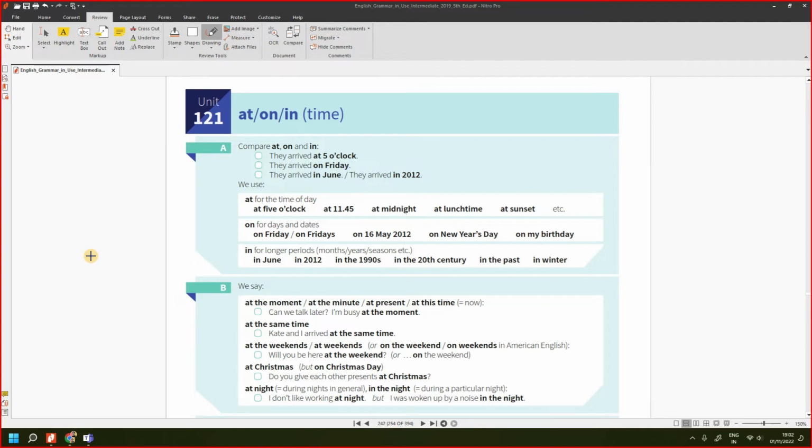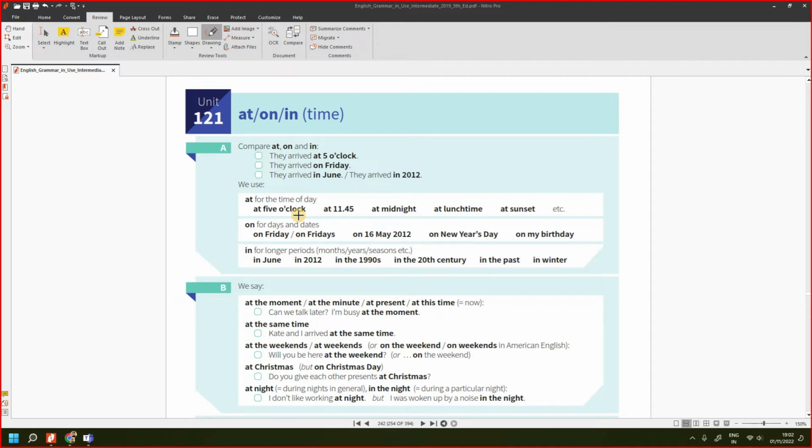So where all we can use at, they have given it clearly. We use it for the time of the day. If you want to talk about a particular time of the day, then you have to use only at. You cannot say in or on. You're not supposed to use in or on. So at 5 o'clock, that means a specific time. I will be meeting you at say 10 o'clock. So whenever I'm trying to refer to a particular time, you have to use at. Okay, don't use in or don't use on.